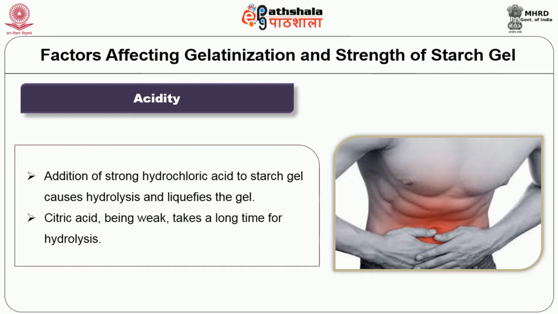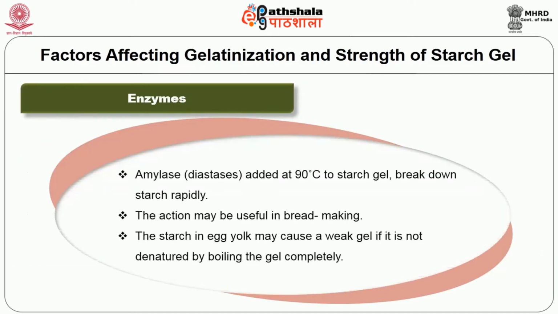Citric acid, being weak, takes a long time for hydrolysis. Enzymes: amylase added at 90 degrees Celsius to starch gel breaks down starch rapidly. The action may be useful in bread making. The starch in egg yolk may cause a weak gel if it is not denatured by boiling and the